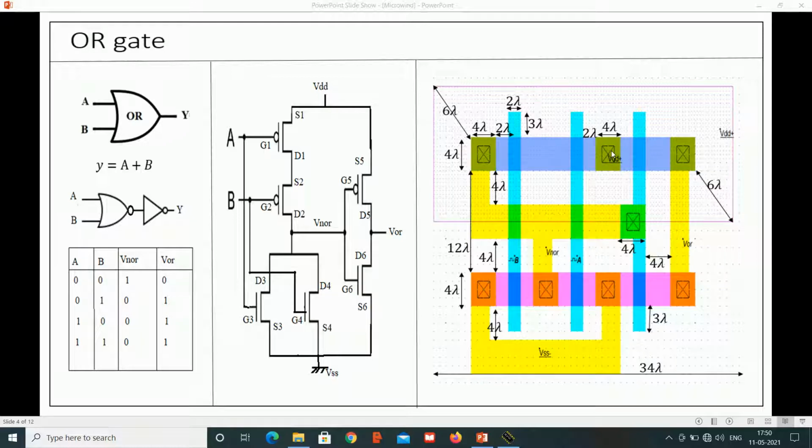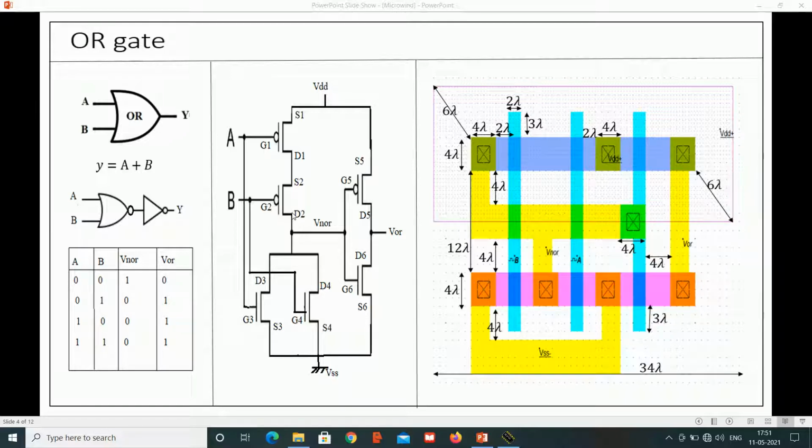So the source of this inverter and the source of gate A are given to VDD. Then the source of this NMOS, the source of this NMOS and the source of this NMOS are connected to ground, which is VSS.